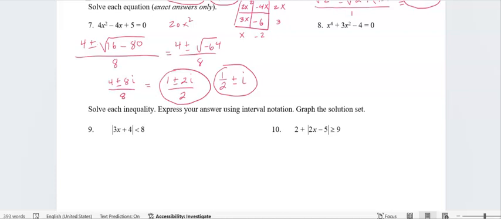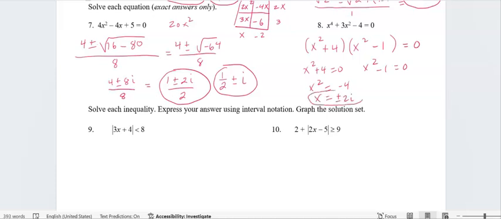All right, this one does factor. It's quartic, but we're going to factor it as 2 quadratic binomials. The factors of -4 that add up to +3 would be +4 and -1. So I've got the factoring, and now I'm just going to set each of these factors equal to 0 and solve for x. So x squared is -4, so x is plus minus 2i. x squared is equal to 1, so x is plus minus 1. And there's your answers